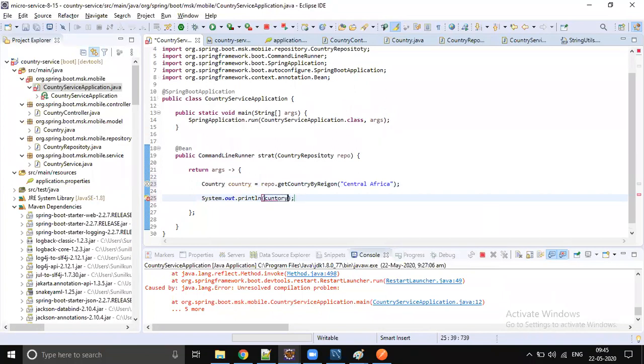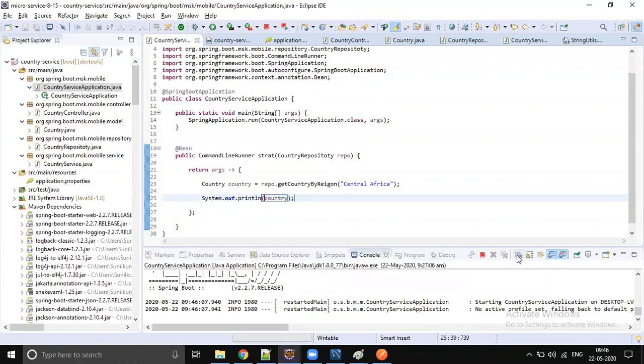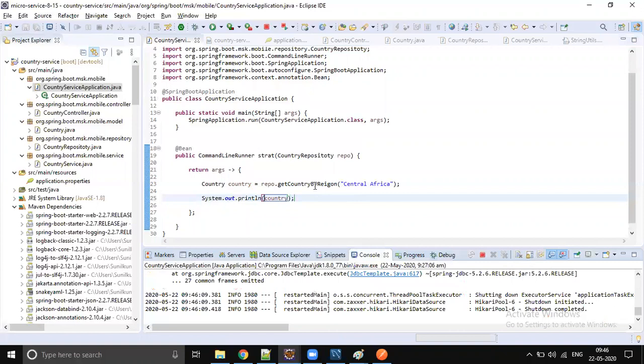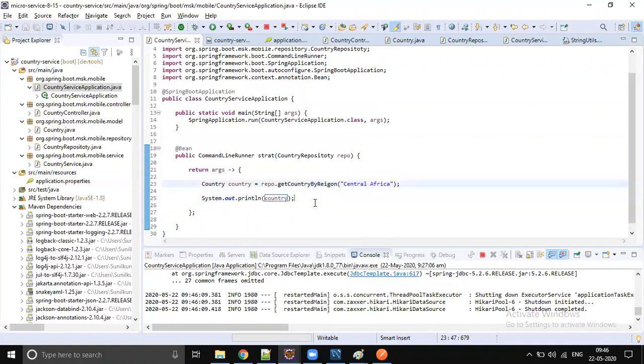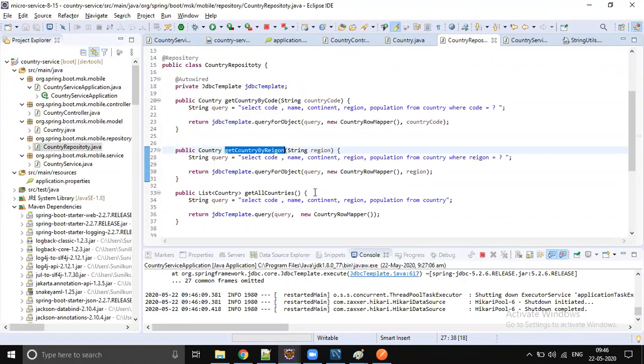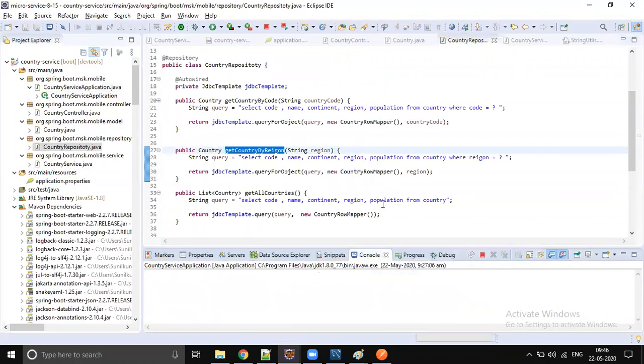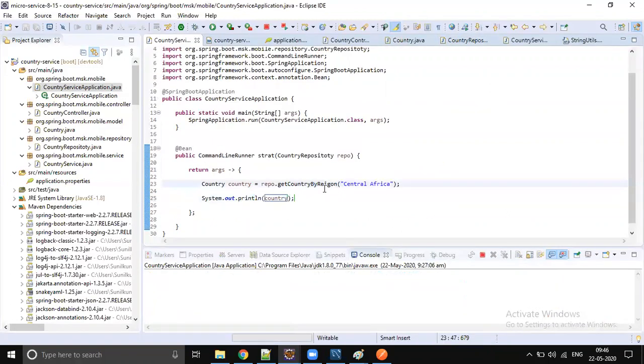So here you're going to get an exception, right? You're going to get an exception because we are expecting one row from the database. We are expecting one row, but in the real time you get more than one row. Then your JDBC will throw an exception, right? Your JDBC will throw an exception. What is that exception, right? So yeah, I think it's a command line runner. As soon as you save the file, it will run this and it will print that exception details on the console, right? So let's rerun the code.